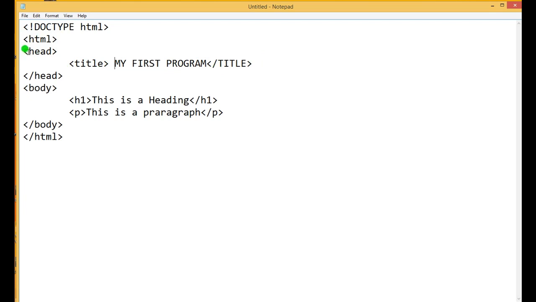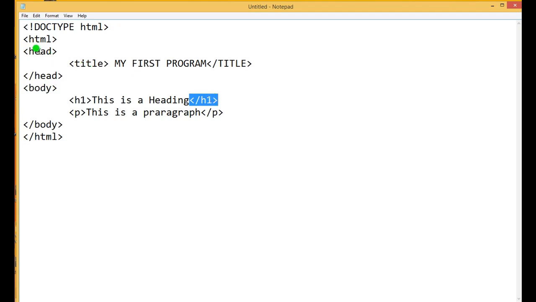Then we have html inside these two brackets, and here the closing /html is added. The same with head and /head, then body and /body, h1 and /h1.